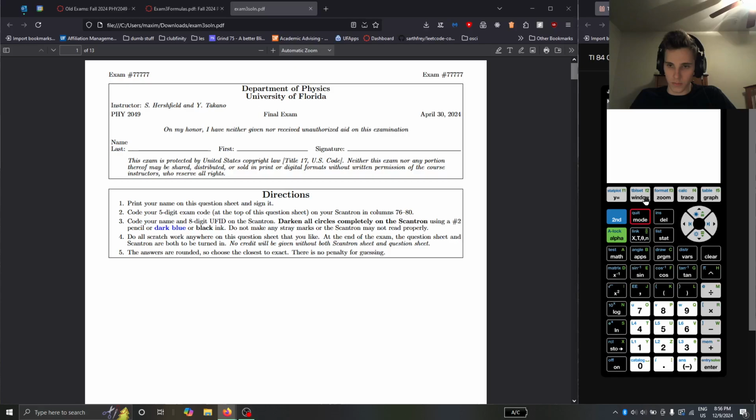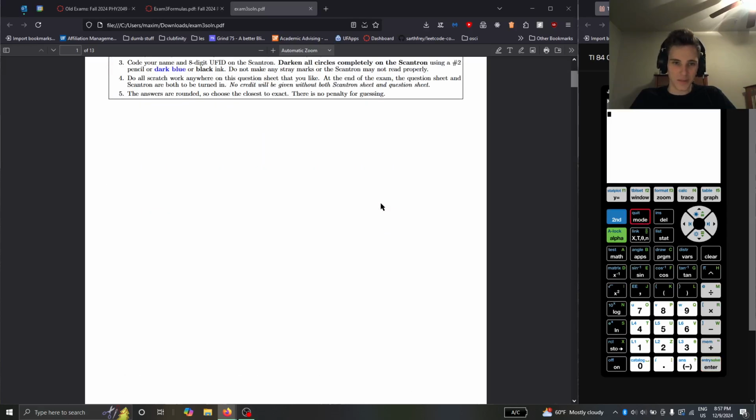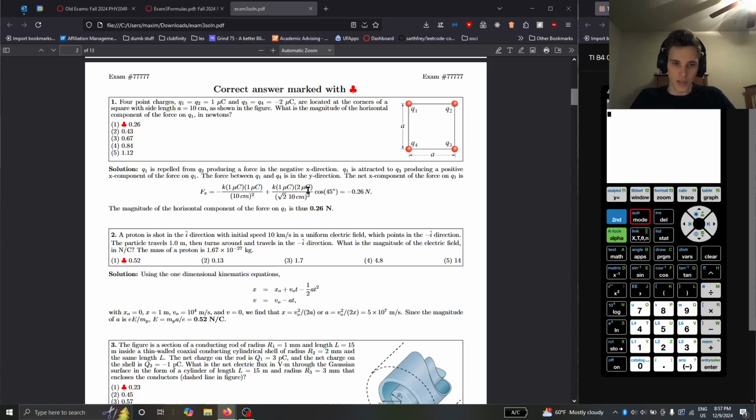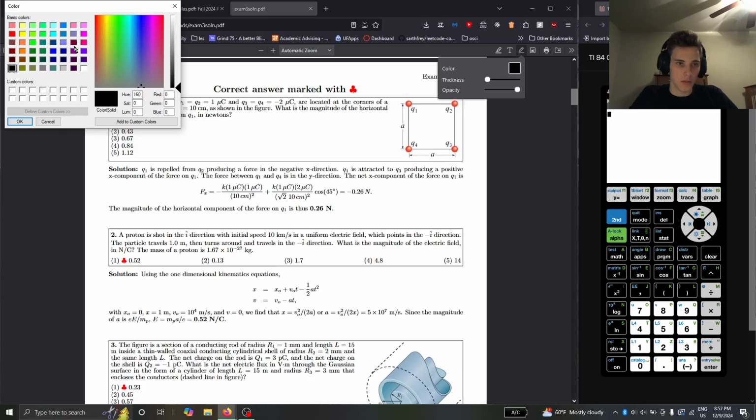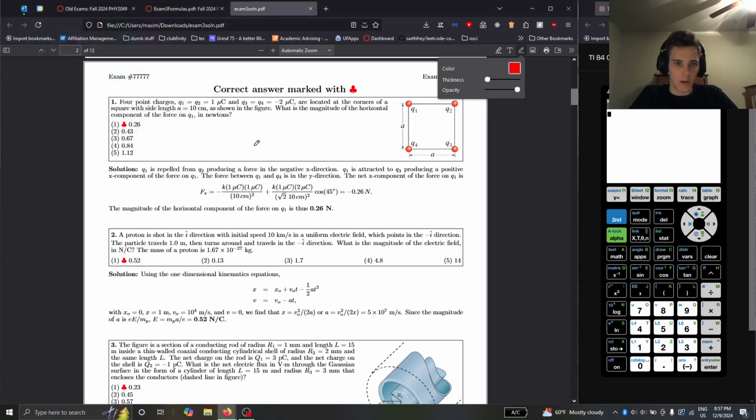I'm going to set my calculator to degrees, which is probably good advice for the actual exam. I'm just going to try and run through these. I've got the work over here, so you can follow along, and I'll also be annotating this document with thoughts. Okay, so first